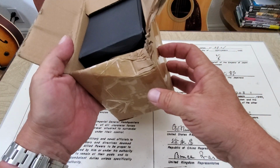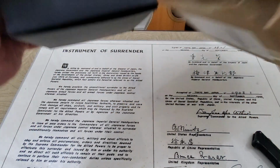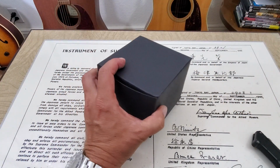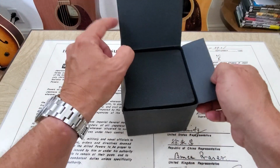Man, I wanted to show you. See the dent in the box? I think that dented the box inside of here a little bit. Hopefully it didn't cause any damage to the watch. I doubt it. So this is one of the newest Phoiboses,